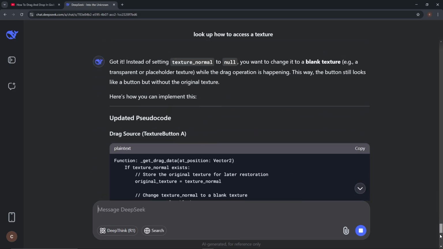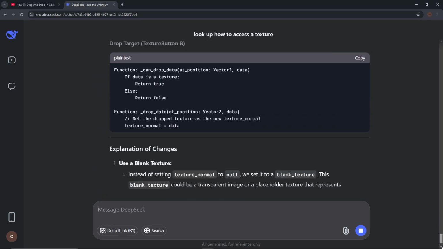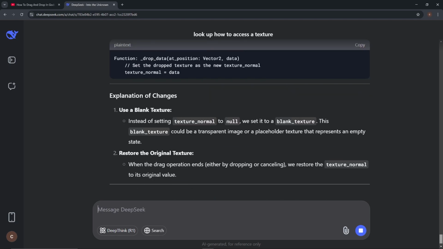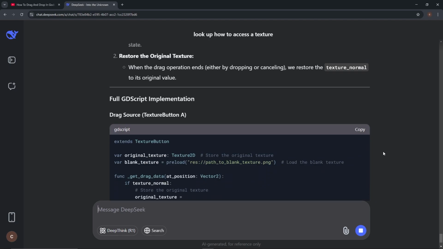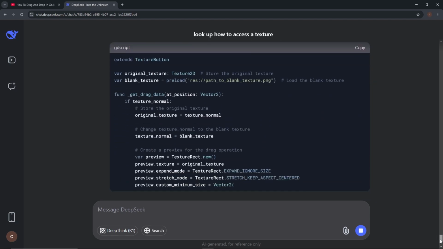All right. Got it. Instead of doing that, okay, we can lose the pseudocode. All right. Come on now. Blank texture. Okay, let's bring this in. We'll preload the blank texture. Whoa. We don't need to do that. Okay, so basically,